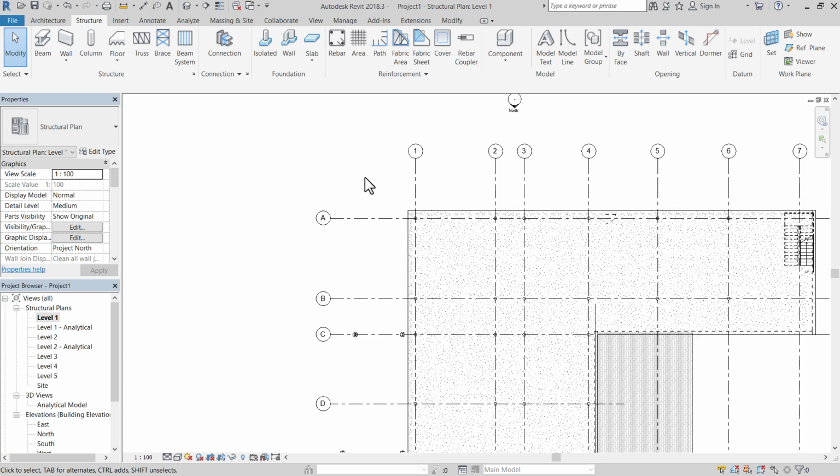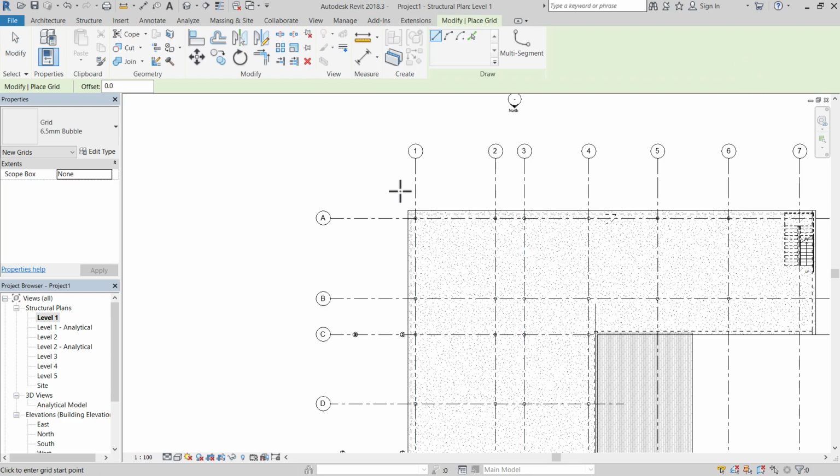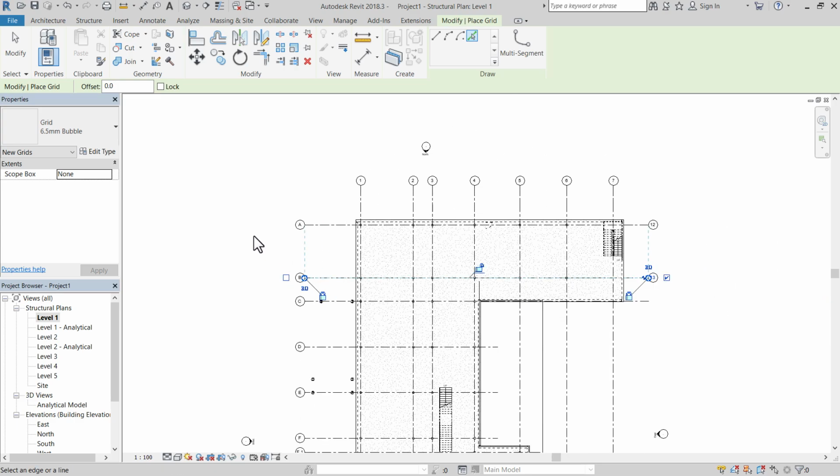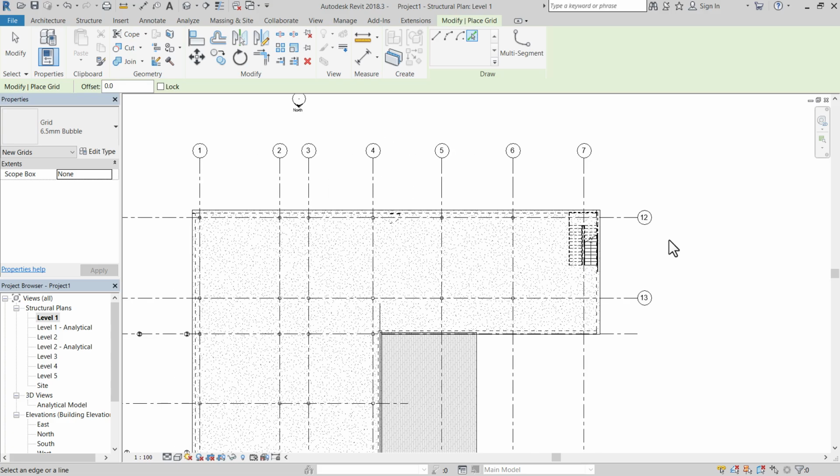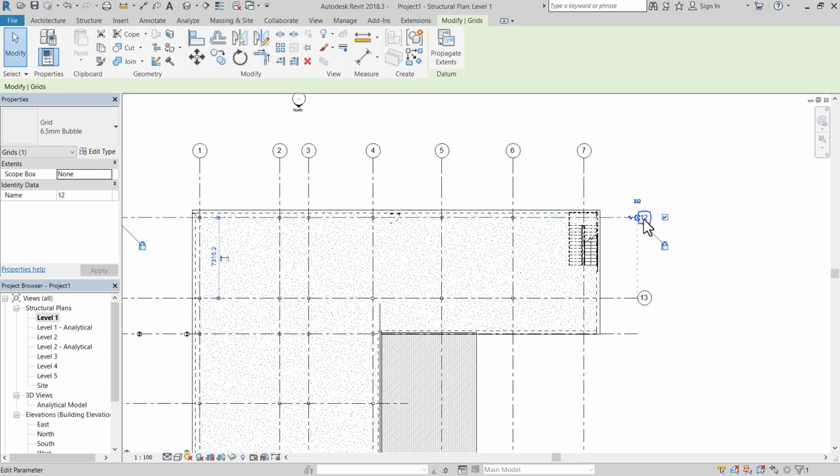Now same thing we will do in the horizontal lines. We will choose pick line, click on it, and then choose all the already present grids to create our new grids. We want to start it from A, so we will rename it.